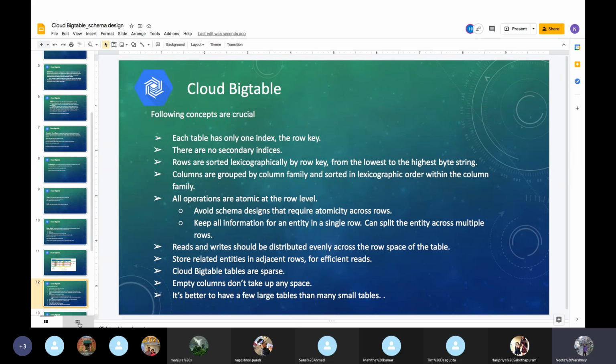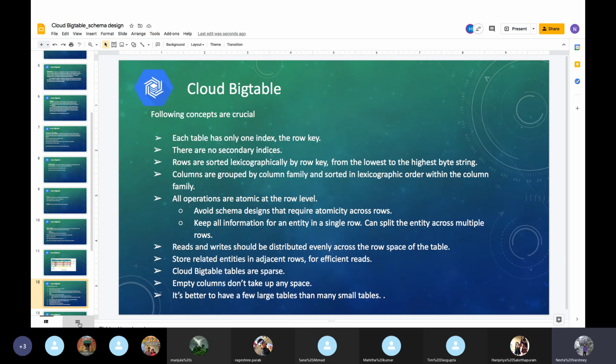Columns are grouped by column family and sorted in lexicographic order. All operations are atomic at the row level. So what is atomicity? It's basically that you read or access data all at once or not at all.